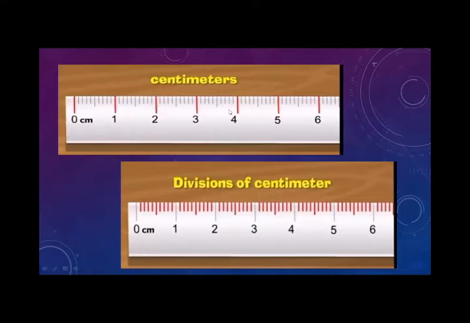the ruler scale is counted, and whenever you make a line segment, you will do it in this manner. These bigger lines in your scale show centimeters, and the smaller lines show divisions of a centimeter. You write it with a decimal point. Like if you want to measure, if they are asking to measure 0.8, then how do you measure? You put the scale here till it. So your measurement is up to 0.8. Whenever you write a measurement in these lines, you write a decimal point. If the measurement is 2, 3, 4, then you write whole numbers.